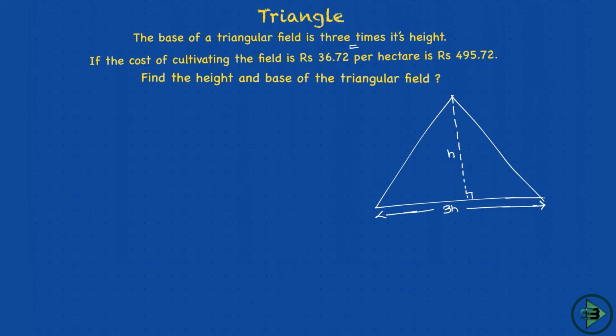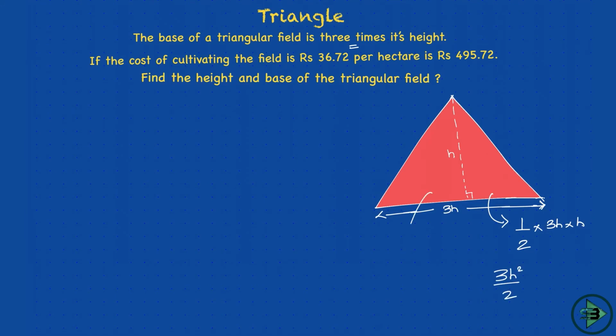So what will be the area? Now it will be easier. Even before I go ahead and solve this question, I'll just find out the area here. It will be very simple to find out. The area, which means if I color this red region, what will be the area? Half into base into height. Base is this 3h and height is this h. So half into base into height is nothing but 3h square divided by 2. That will be the area of this triangle.